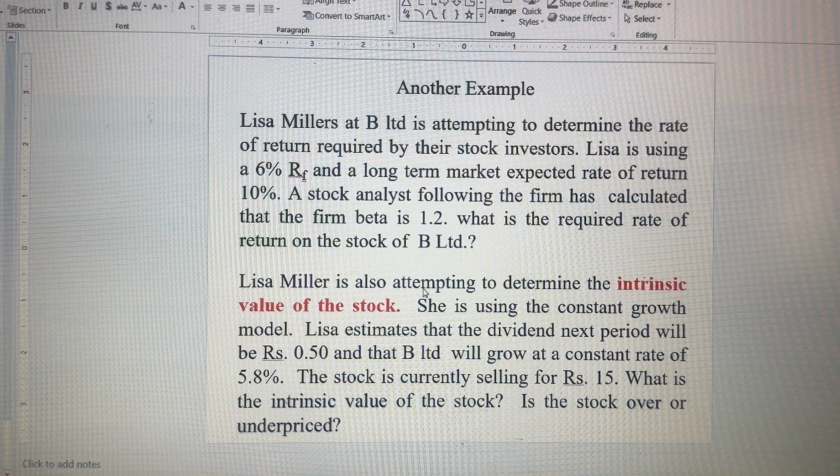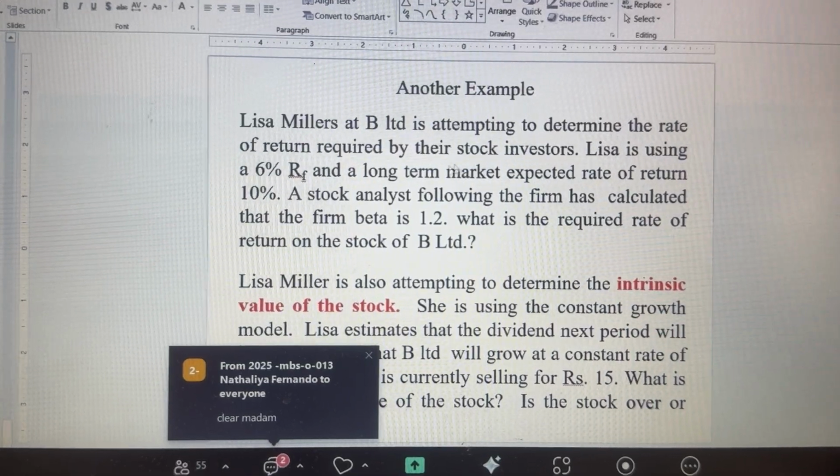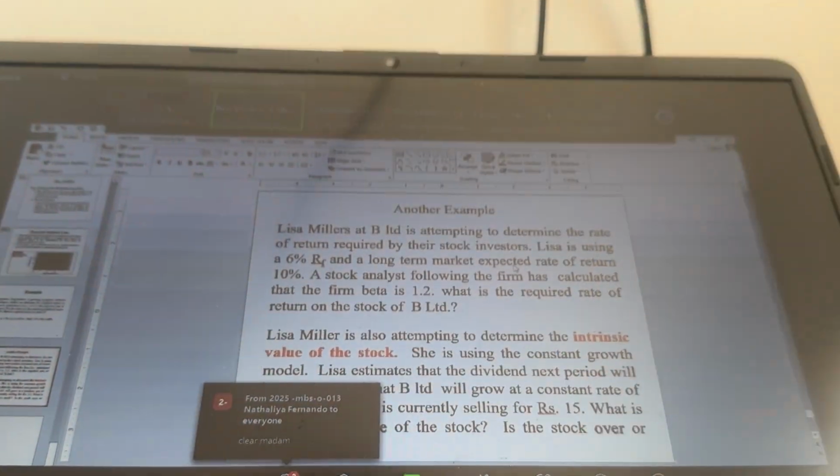Okay. Right. So is it clear on what we have discussed? Any doubt on what we have discussed? Students? Madhushan, Kelum, Jayani. Okay, clear. So